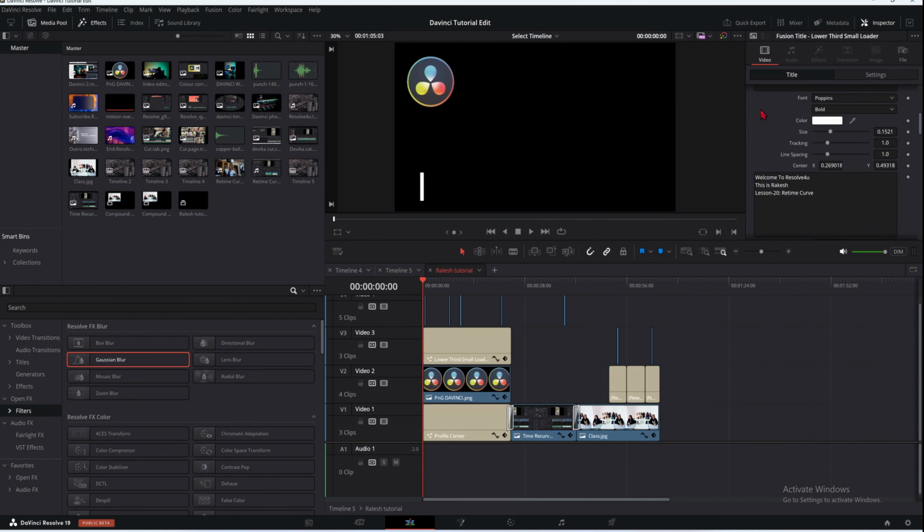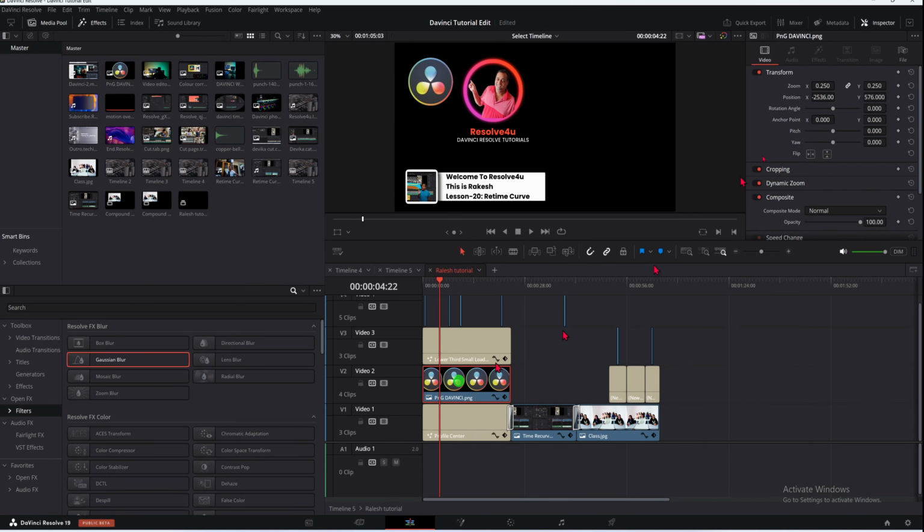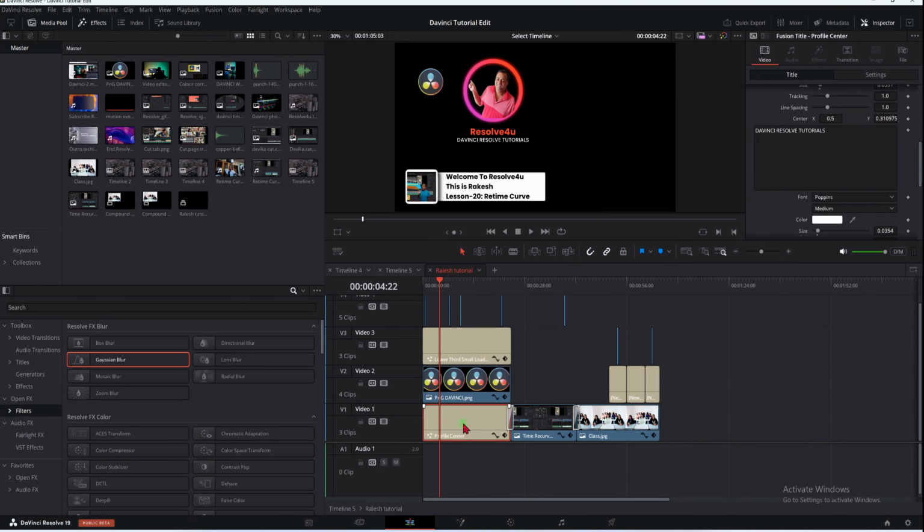Once you open in timeline, you click here, and a separate timeline has appeared. Actually, the changes we were making on our timeline after decomposing using clips, the same changes now you can make in this timeline here. I show you. For example, I want to make this logo smaller. You see our logo is smaller now. Then this is our lower third.